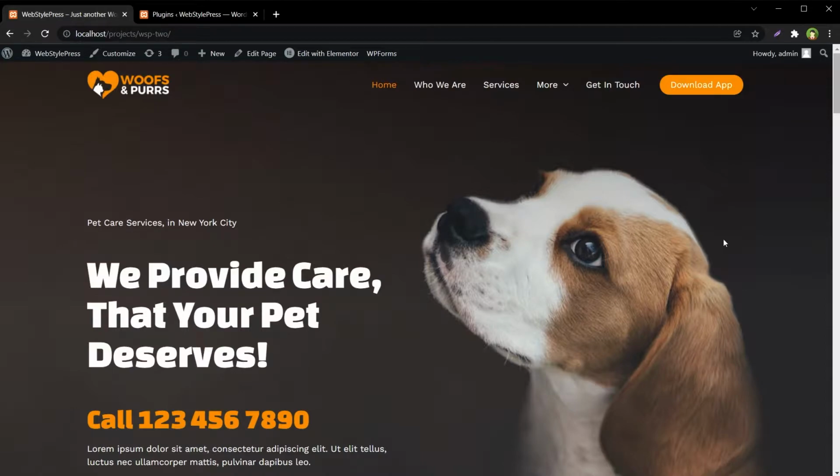In these conditions, a flexible maintenance mode or coming soon mode is very helpful. The website should be unavailable as a whole for everybody else except you. You should be able to modify the site from the backend and monitor the front end as an administrator. After you are done, you should be able to bring the website out of maintenance mode. This is our site with a few pages in it.